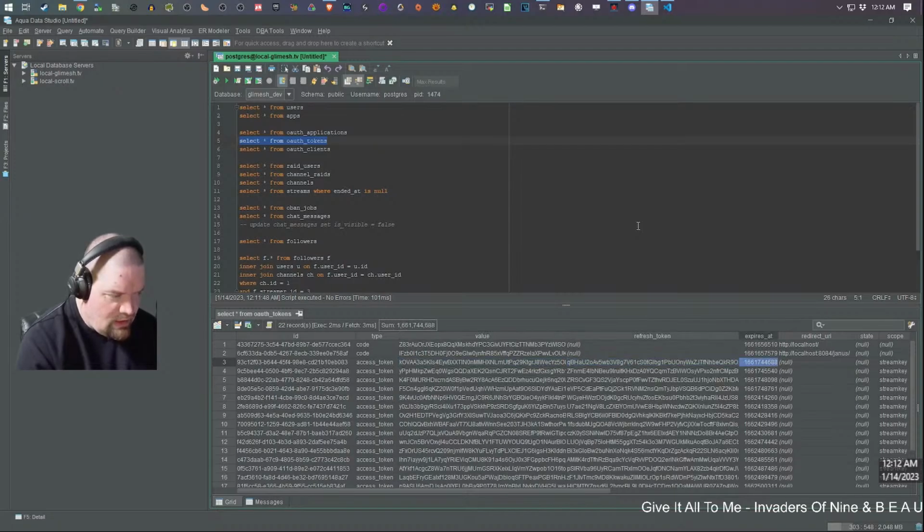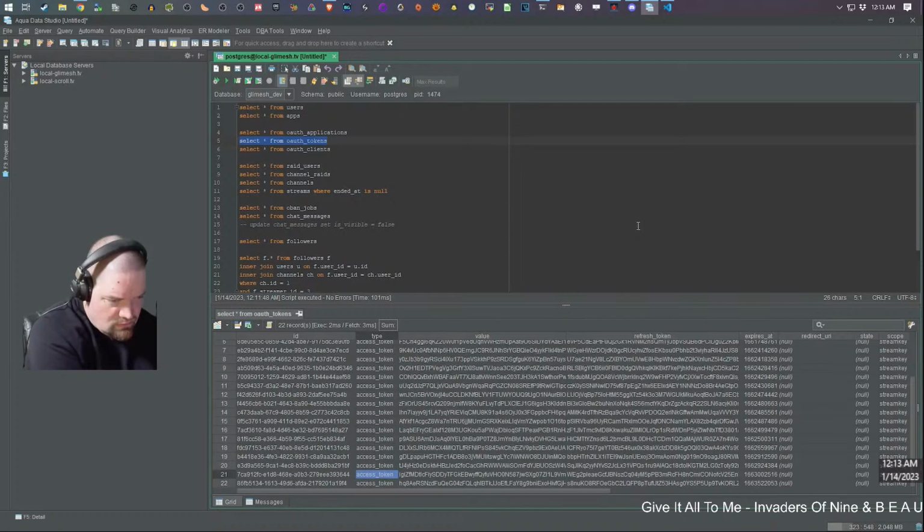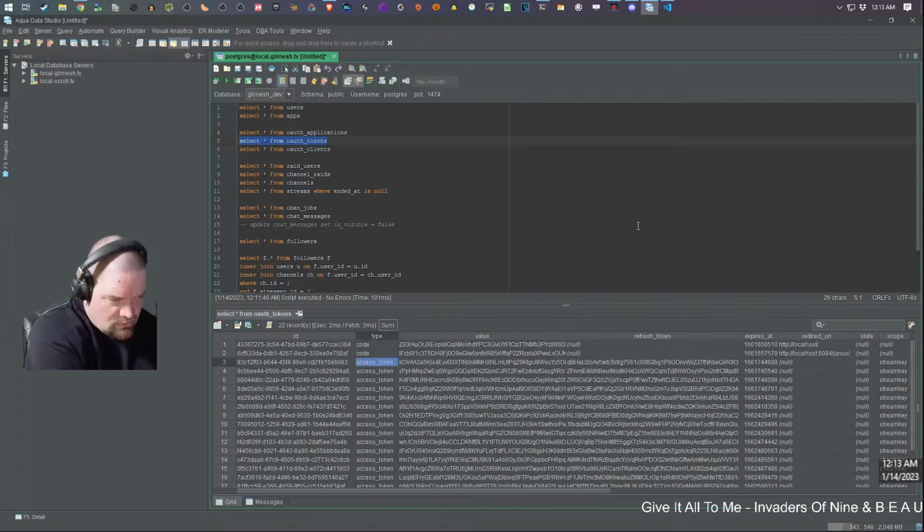So it's got to be a combination of things then, right? So if the refresh token's time to live is 30 days, as it said there, I'm wondering if these tokens are still active, even beyond their expiration date.